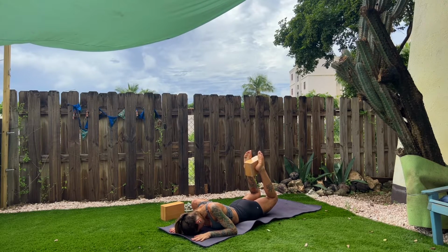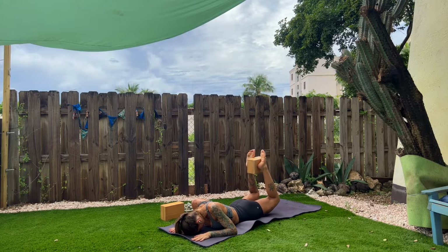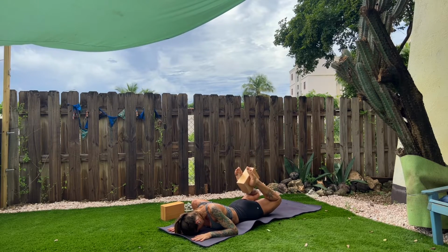And then we're going to pulse here, up and down, just warming up the back body, up, down. So we'll do it 10 times. That's 3, 4, 5, 6, 7, 8, 9. Last one, hold, 10, 5, 4, 3, 2, and 1. Now bend the knees more, bring the heels in towards the buttocks, hold here, 3, 2, 1, and then release